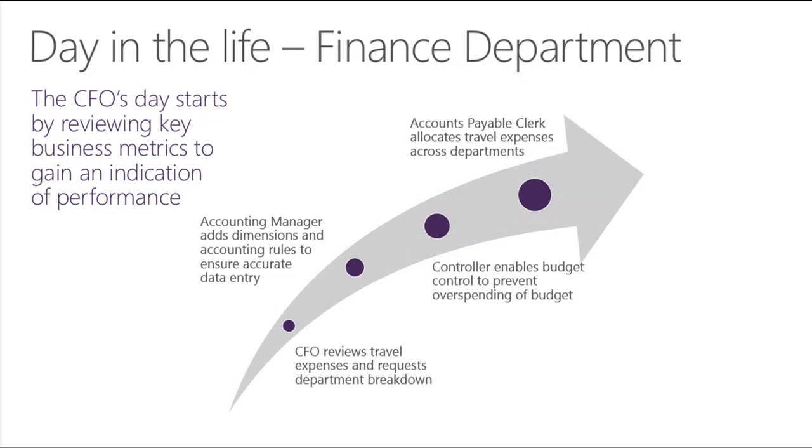And then how the accounts payable clerk can now allocate travel expenses across departments, and more specifically, we'll look at a new dimension for expense purpose, and then lastly, how the controller is able to review those travel-related expenses at the desired level and see the cause or the categorization of those travel-related expenses.